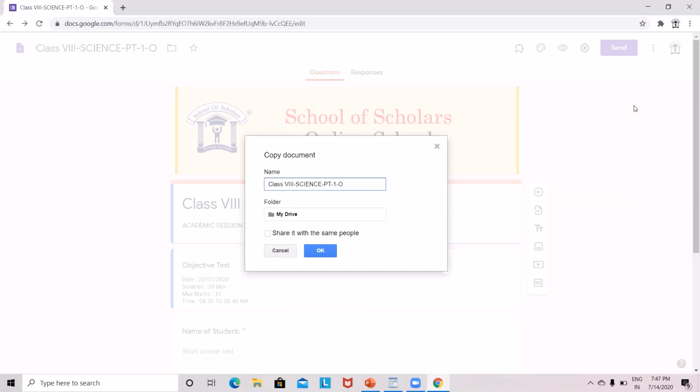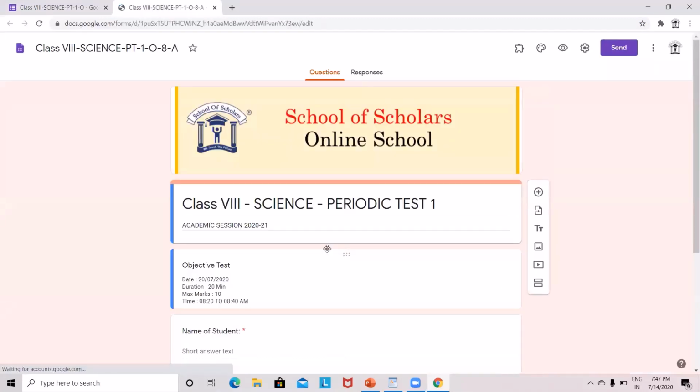And at the end, add the class and section. So this copy will be used for Science Standard 8 Section A. Click on OK. So this new copy will open in your next tab. From the top, make sure that this is a copy of 8th A standard.